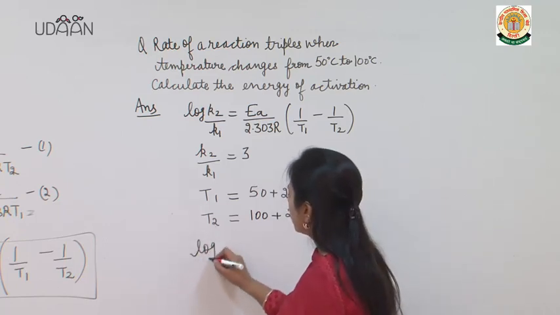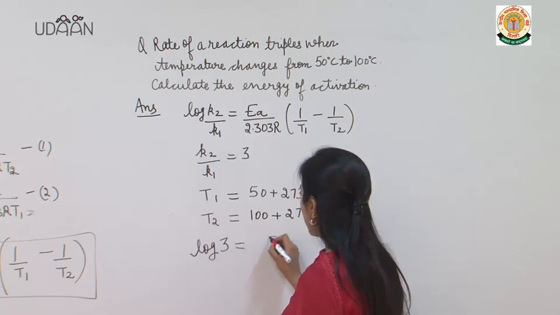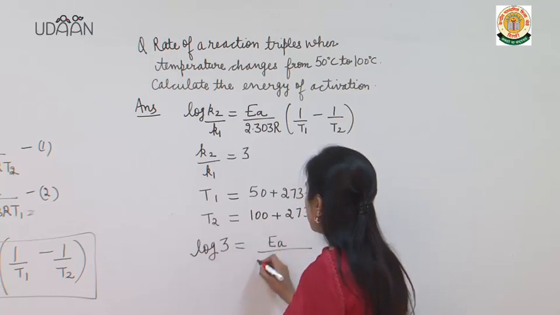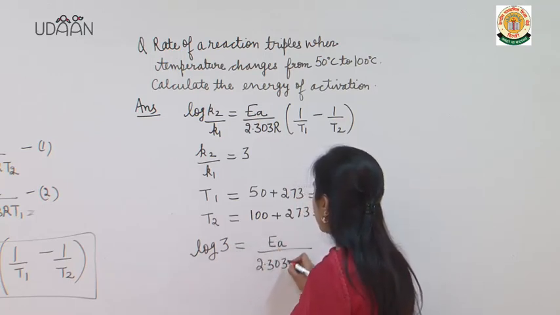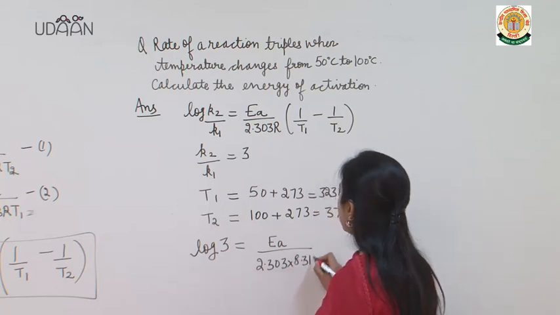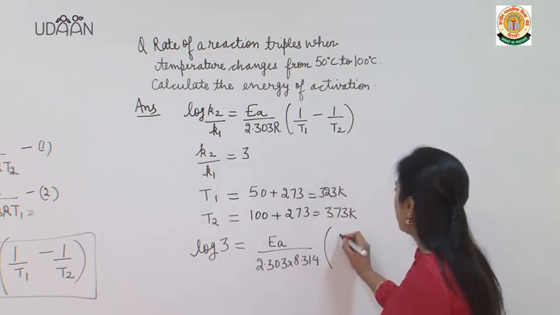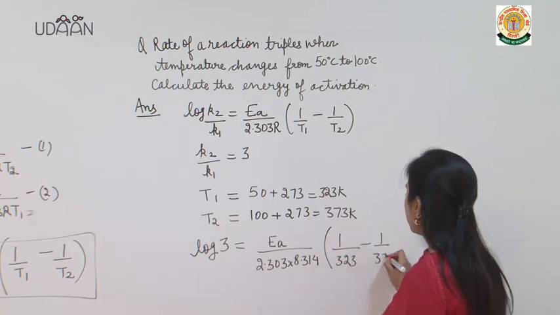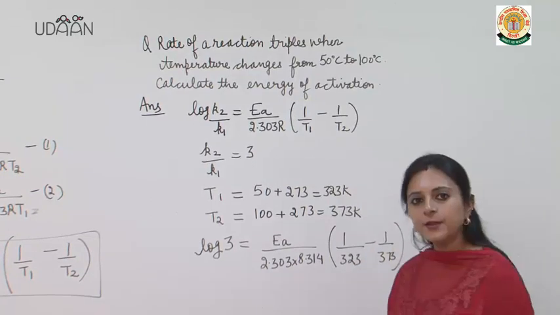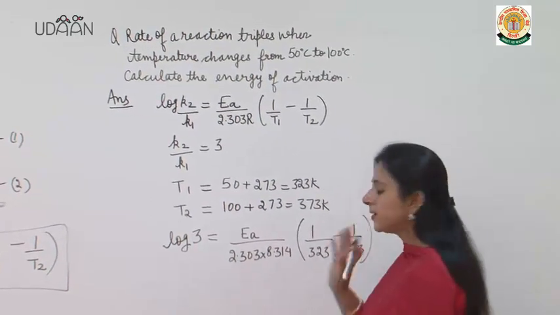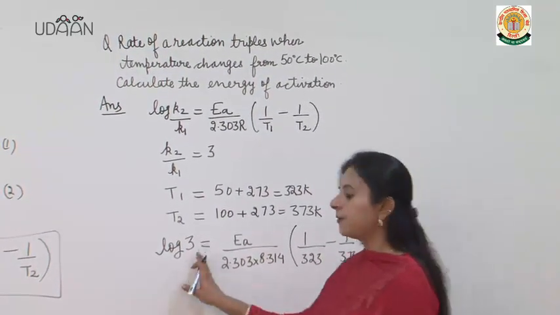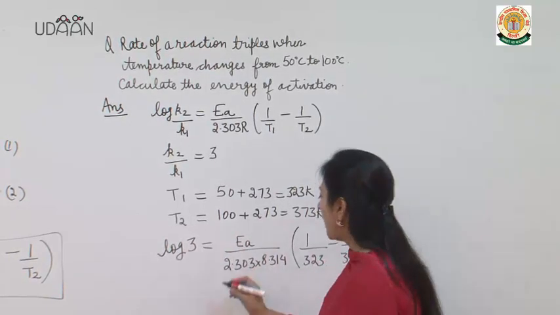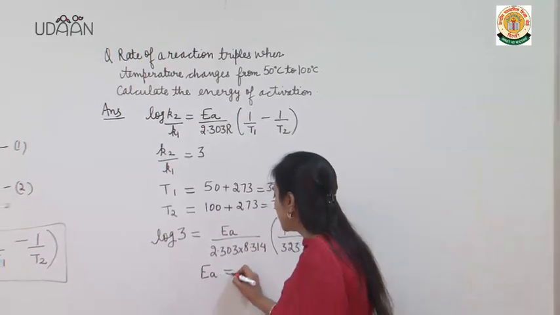Now log 3 is equal to Ea upon 2.303 into 8.314, 1 upon 323 minus 1 upon 373. After substituting all these values and the value of log 3, the answer of activation energy would come out to be